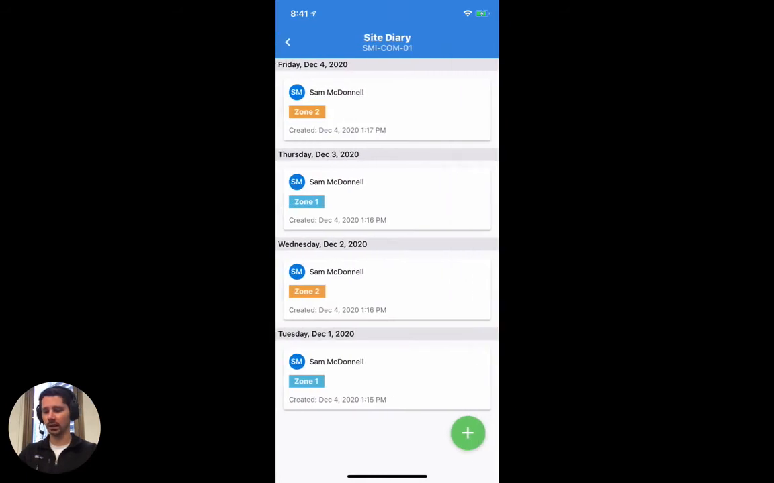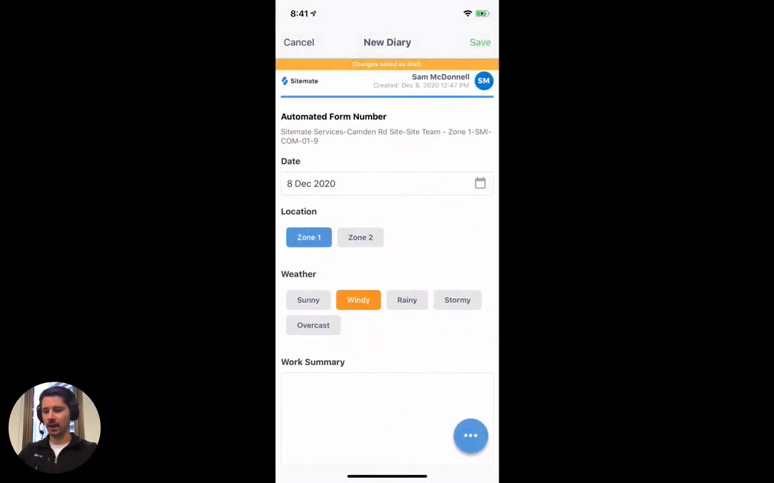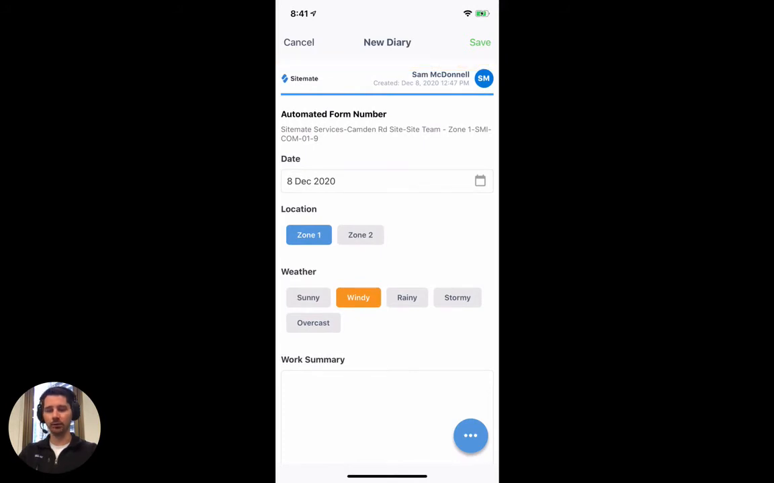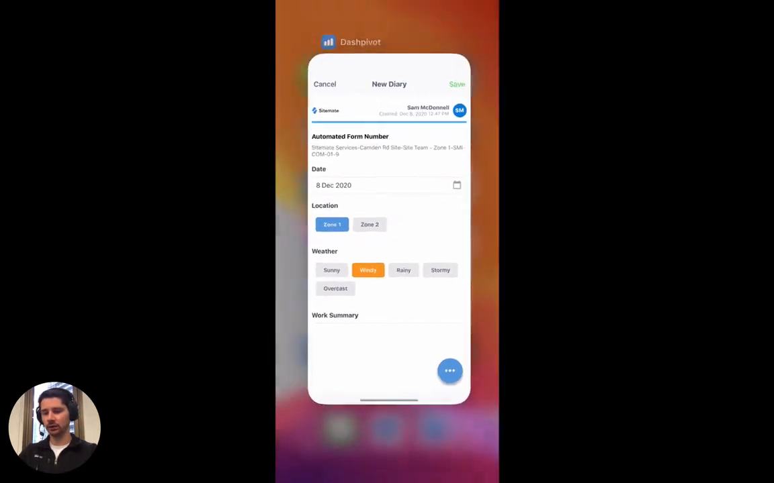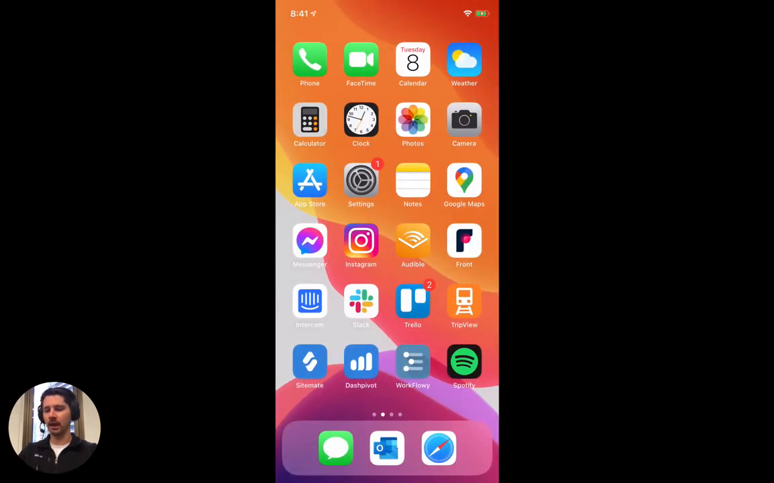We're going to discard that one, but let's say that we were filling out the form, we put in the date, we start filling it out, and then for whatever reason we accidentally shut down the Dashpivot app, or our battery runs out of juice. We're going to simulate that by just shutting down the Dashpivot app now. But we know that the form has been auto-saved as a draft for us. So if we reopen the Dashpivot app